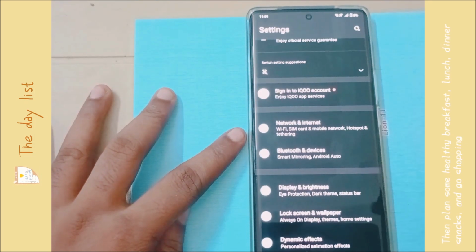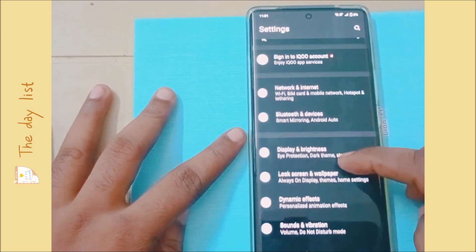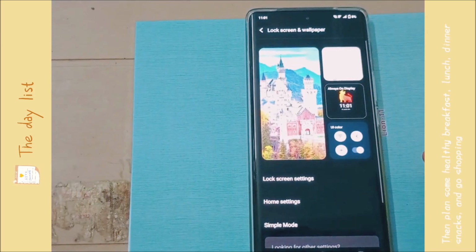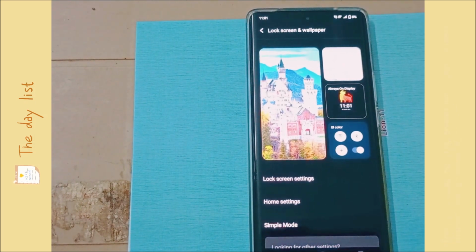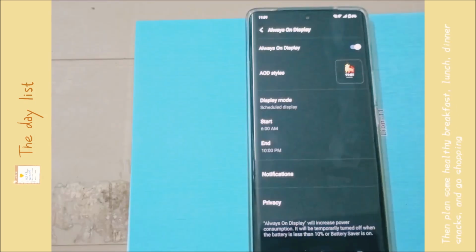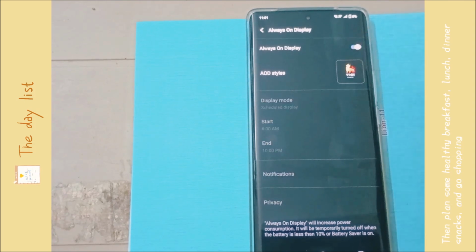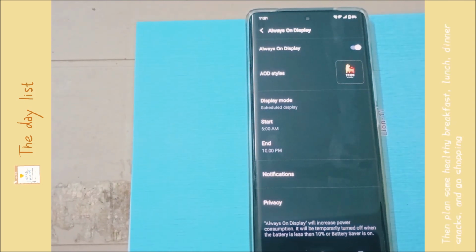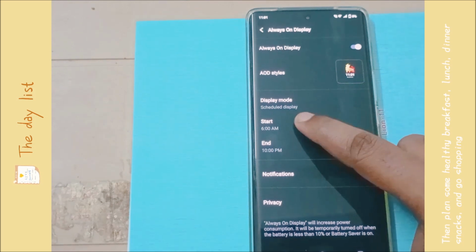You need to click on your Android phone settings. Then in one of the settings you will see something like lock screen and wallpaper. You need to tap on that. Then you need to click on always on display. Then by default it will be in disabled state. You need to click on enable. Once you enable that, just below that you will find an option called AOD styles, which is always on display